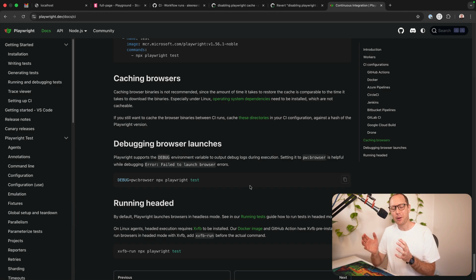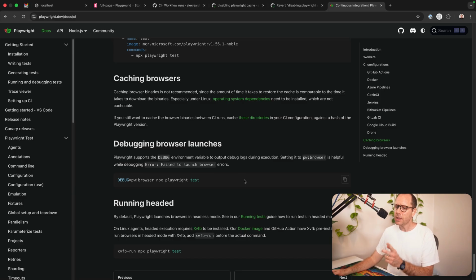I'm working on a personal project and I'm using Playwright to validate certain aspects of my application are working correctly. And while I was setting up CI, I thought, well, why not try and cache the installation of the browsers on CI between runs? I feel like that would be a bit of a win when it comes to CI